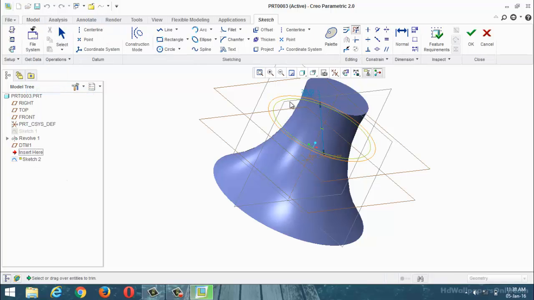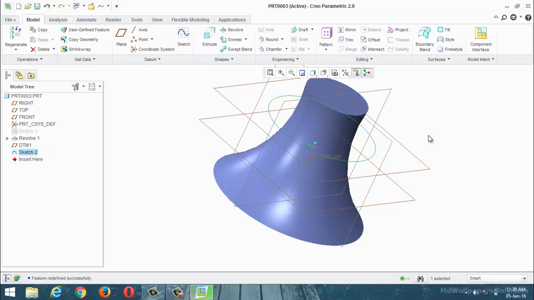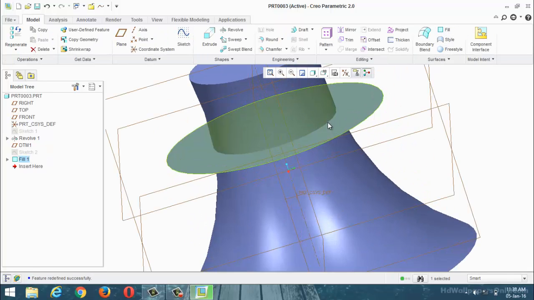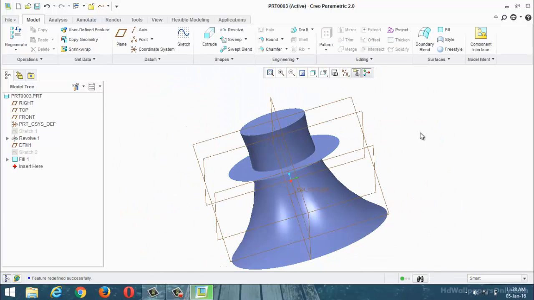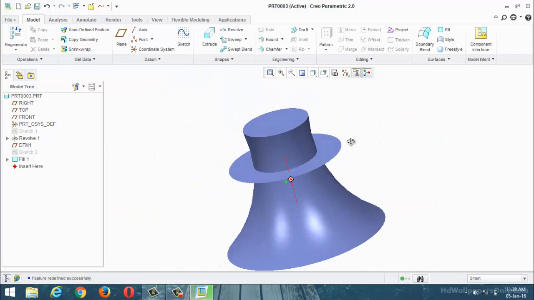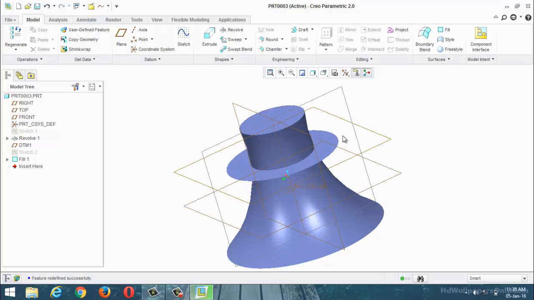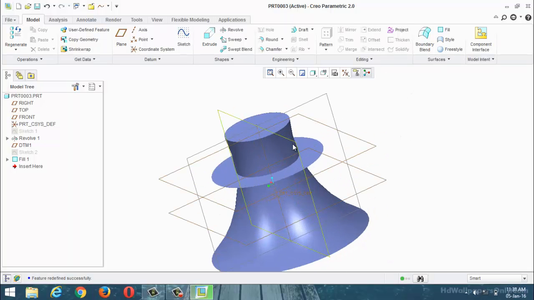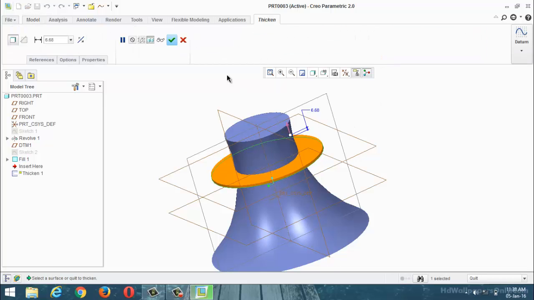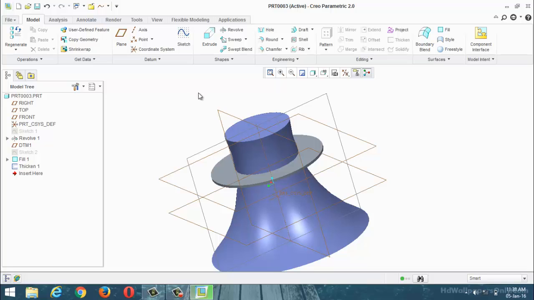Just delete this one. Just okay. First I am going to apply the fill, completely touching with respect to this inner one. Okay, automatic adjusting. Then you can apply the remaining thing. Then I am going to select this one. దీన్ని solid గా కన్వర్ట్ చేయండి. Just apply the thicken or otherwise